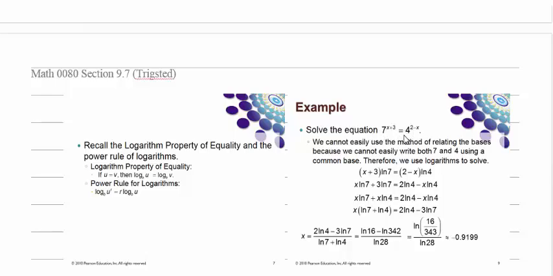So we have 7 to the x plus 3 power equals 4 to the 2 minus x power. We cannot easily write 7 and 4 as exponentials to the same base. So we apply the natural log to both sides of the equation. Then we apply the power rule for logarithms, and we get the first step that you see written in the solution here. And notice, because the exponents have more than one term, we have to parenthesize when we use this power rule for logarithms. Now we distribute,